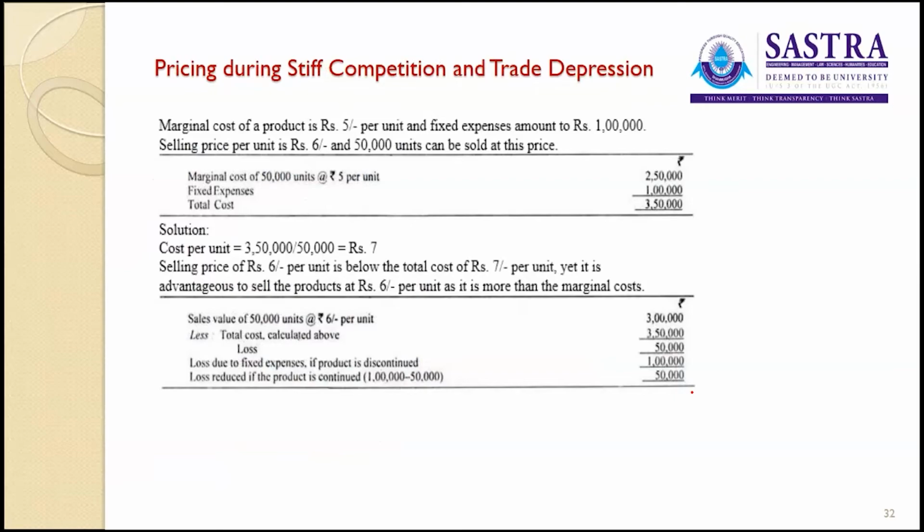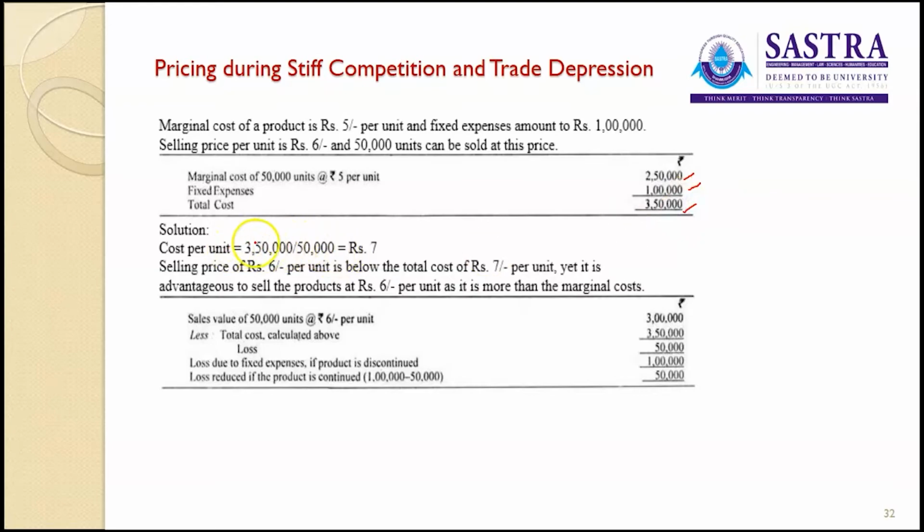Now, pricing during stiff competition and trade depression. Marginal cost of a product is 5 rupees per unit and fixed expenses amounted to 1 lakh rupees. Selling price is 6 rupees and 50,000 units can be sold at this price. Now marginal cost is 5, selling price is 6, so we have a contribution of 1 rupee. Now 50,000 units at 5 rupees per unit, we'll get 2,50,000, fixed expenses 1 lakh rupees, so total cost we have